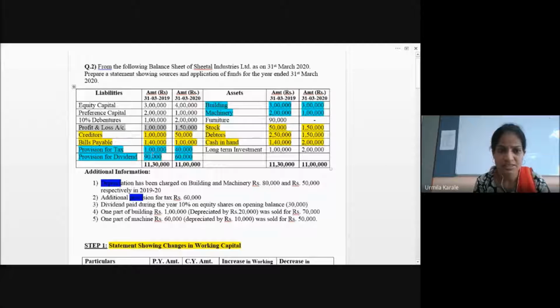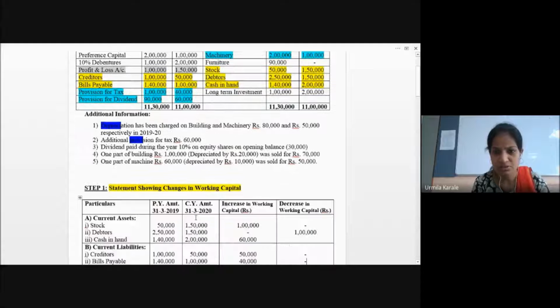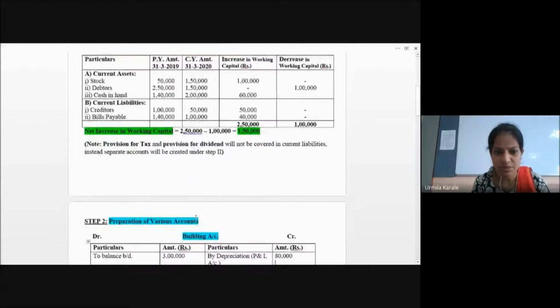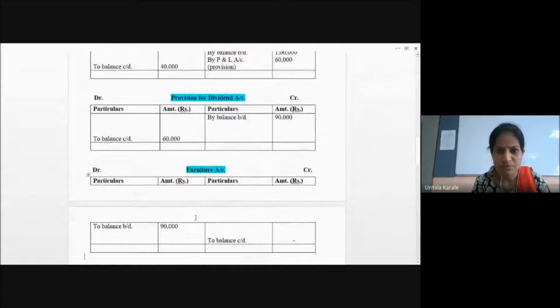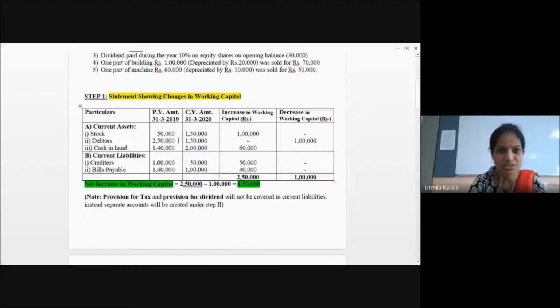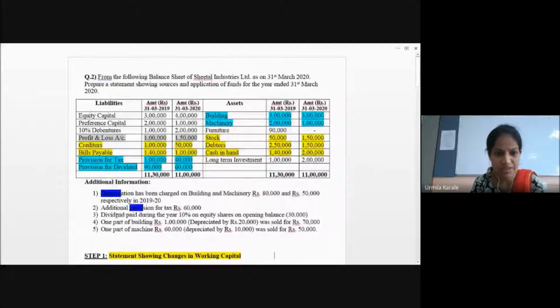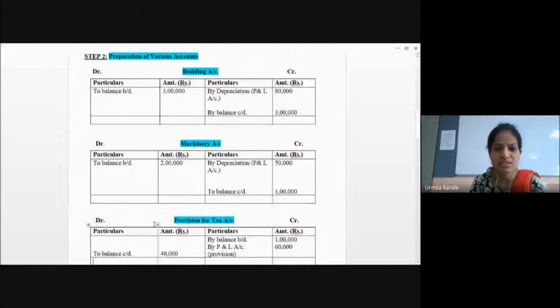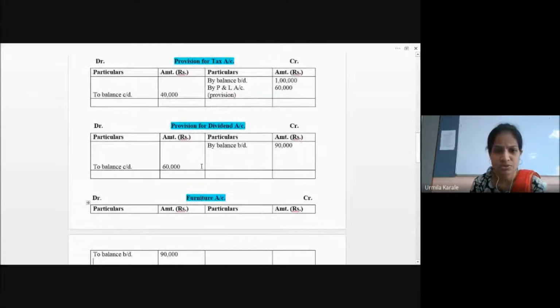Now we are creating this dividend account, opening balance with 90 and closing balance with 60. So the same thing I'm showing in this account. Only 30,000 dividend paid I have to show. So this is your provision for dividend account. Since it is a provision account, opening balance to the credit side, closing balance to the debit side. Before we show the dividend paid 30,000, what is said? Provision created is not there. This is dividend paid. Okay. So payment. You are utilizing the provision. This is your provision account.